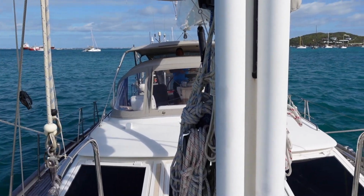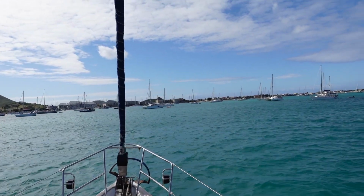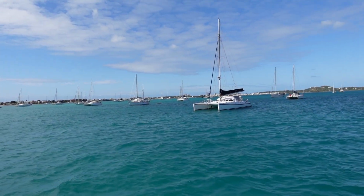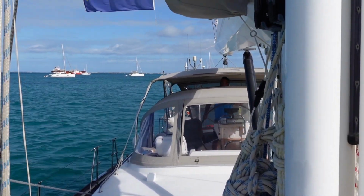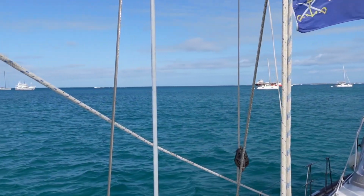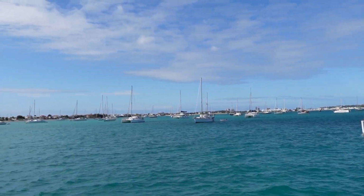It says that it's going to be pretty shallow soon. Do you want to go on the other side of this Outremer? So Kim and I are just discussing now where to go. We're still at 1.8 meters below us, which is 6 feet. So that's good. It's just dropping a little. So I'm going to go nice and slow,